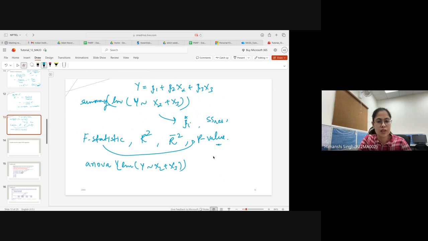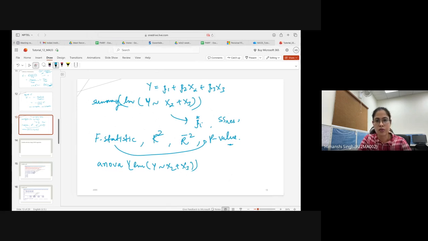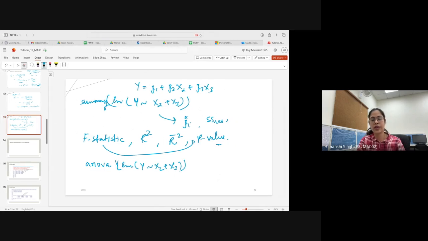If there is no doubt, then I'll move forward. Before moving, I will discuss this in R first. Here I have these observations. I've considered three explanatory variables and stored some observations, and in the dependent variable also I have stored values. There are 10 values, so n is 10.